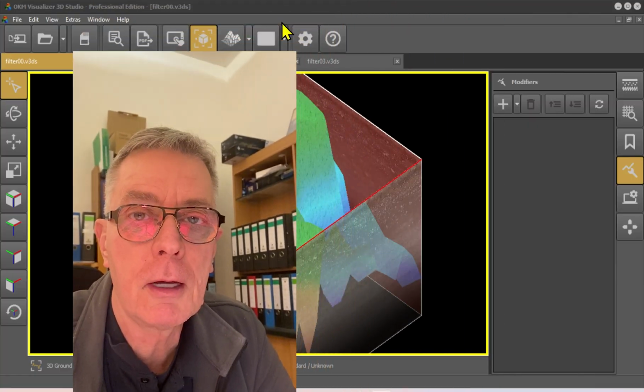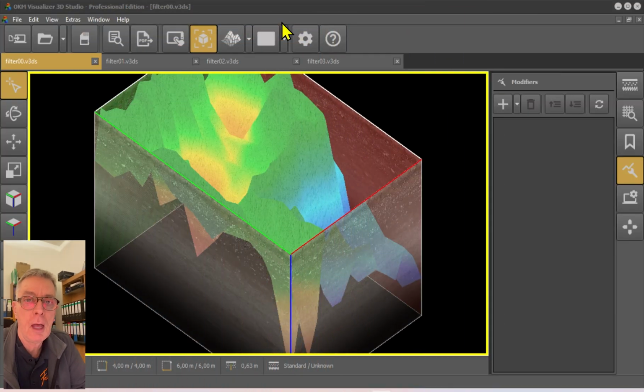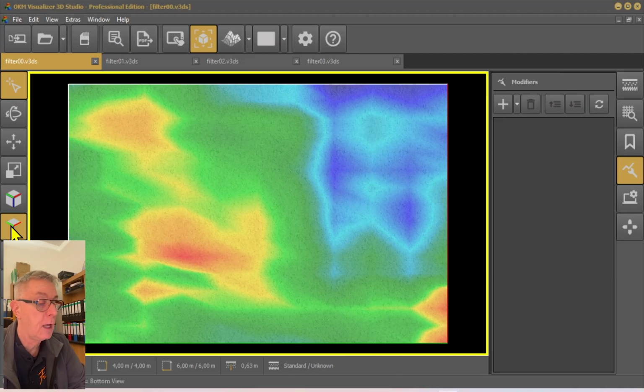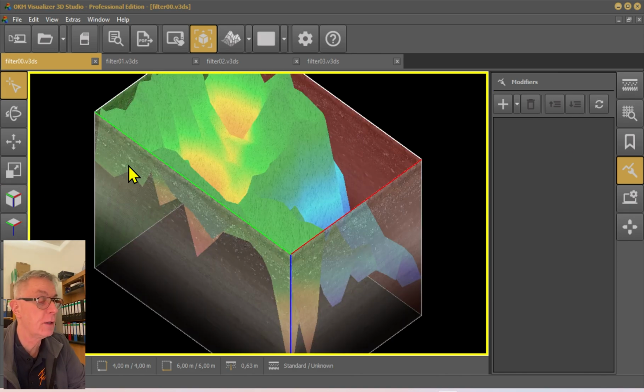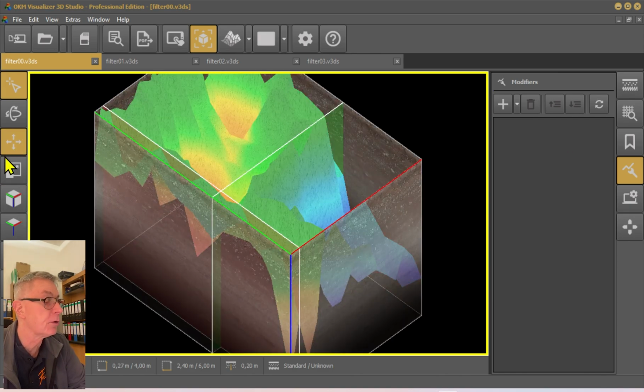I've prepared a couple of examples here. And let's get started, all right? As I'm looking over here, you see this very first one here, I'm going to go and take a top view. And as you see here under modifiers, I have none. Absolutely zero. And we're going to go back to side view and I can twist this and turn this any